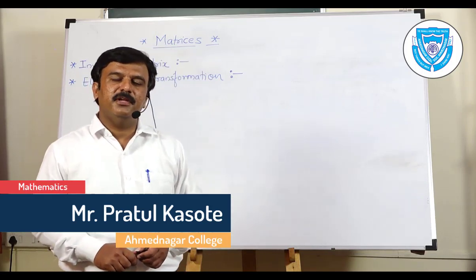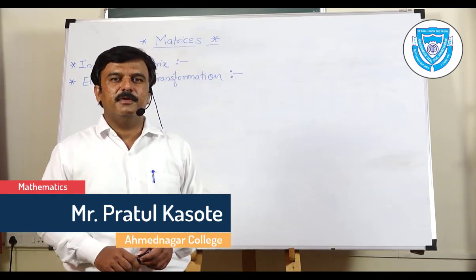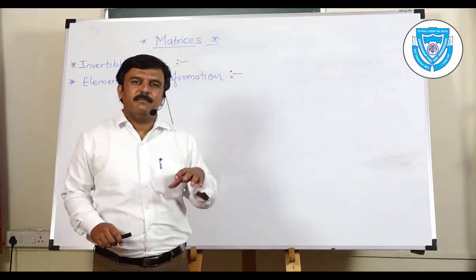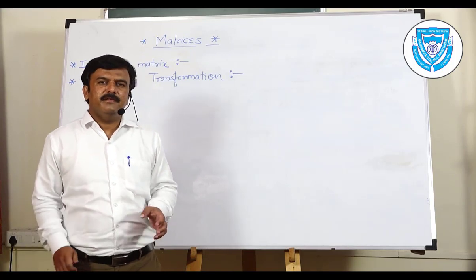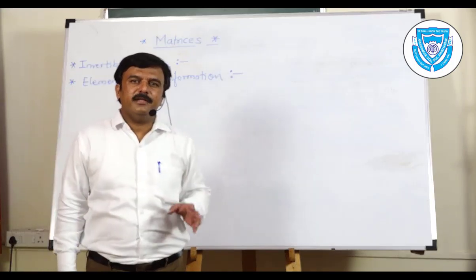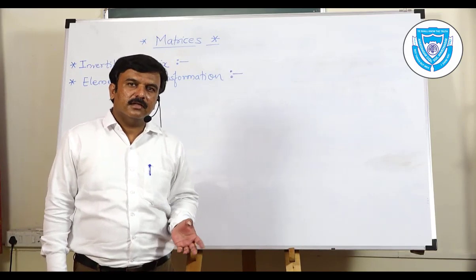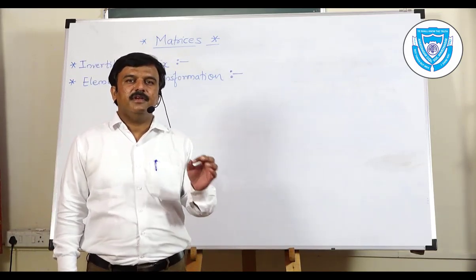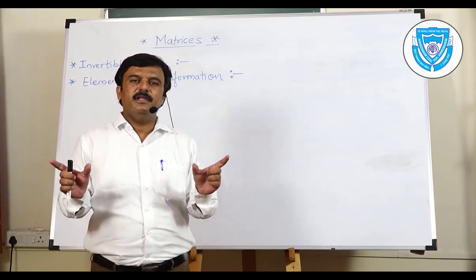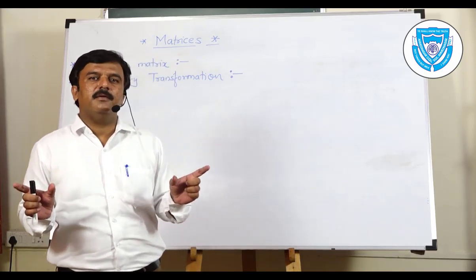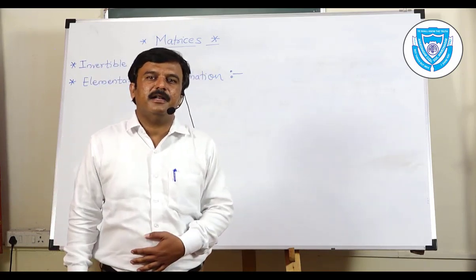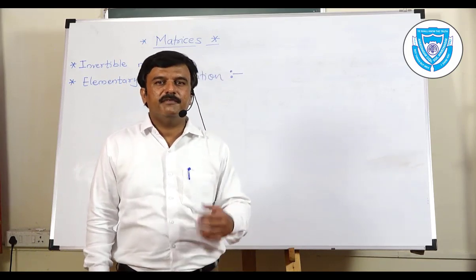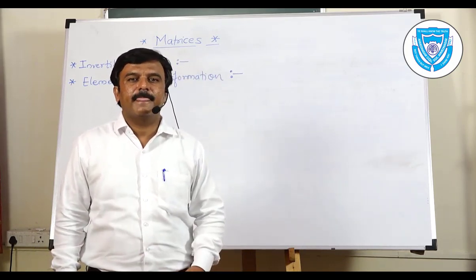Okay, as you know, in the previous session we discussed the inverse of a matrix. As I told you before, the inverse sometimes does not exist. It means that only if the given matrix is non-singular does the inverse exist. Otherwise, the inverse does not exist. As the definition says, if we have two non-empty matrices and their product is the identity matrix I, then we say they are inverses of each other. This is the definition of the inverse matrix.